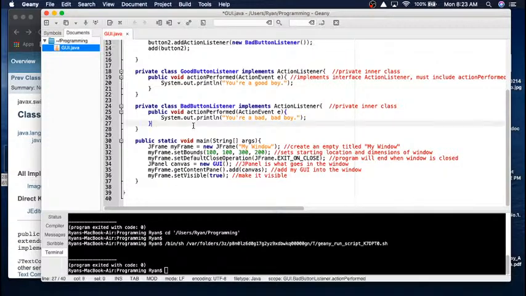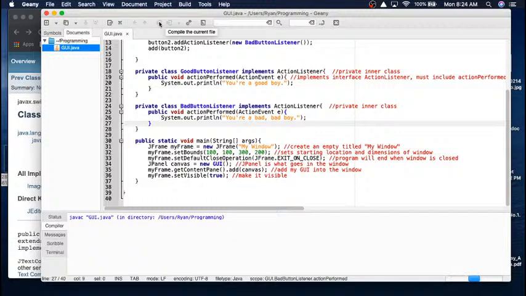So if you wanted a different thing to happen for each button clicked, you would have a different inner class for each button. Okay, so you can see why it's useful to have private inner classes, because otherwise it would just be a lot of external files that you would have to include for something that's really quite simple. So let's compile this code